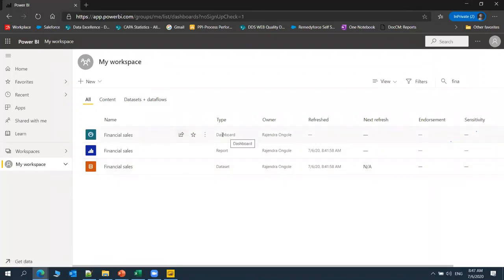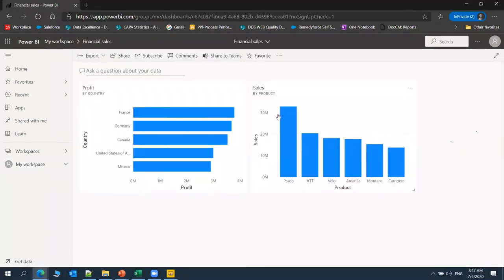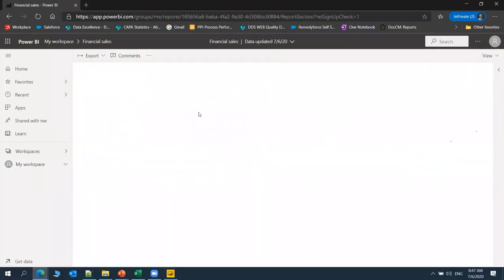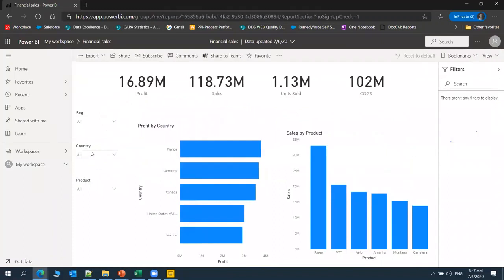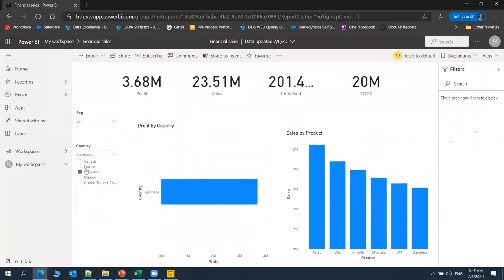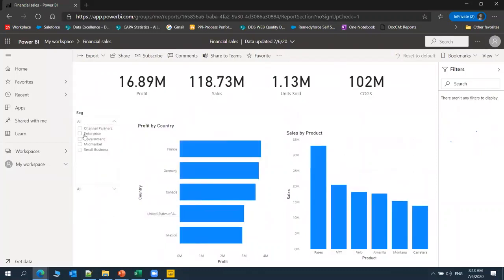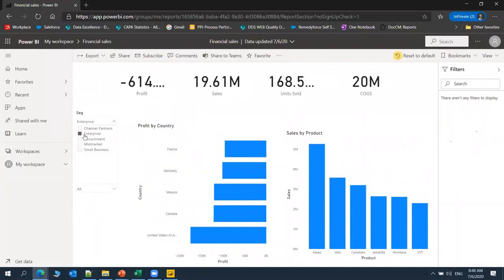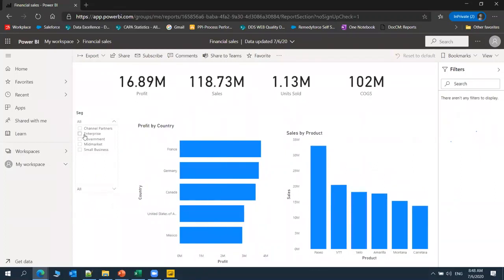And just now I created a dashboard, right? Financial sales. So that one is also appearing here. Once we click it, the two visuals will appear here. Here there should be no interaction. If you click here, it will redirect to my report only. See, only here can we see the interactions with each and every visual. In a dashboard, we can't see the interaction. So in most real-time cases, the end user is going to expect the reports only. Sometimes if they don't want any navigation, we can create a dashboard and share it to the end users.